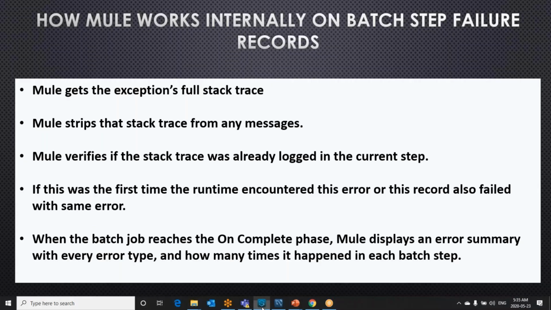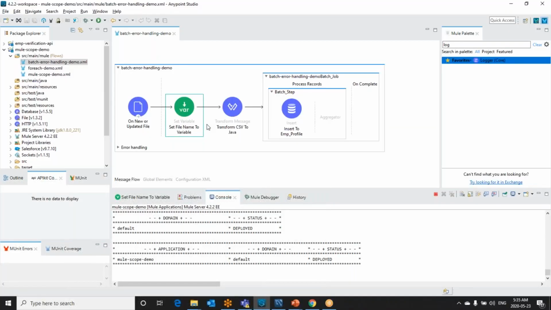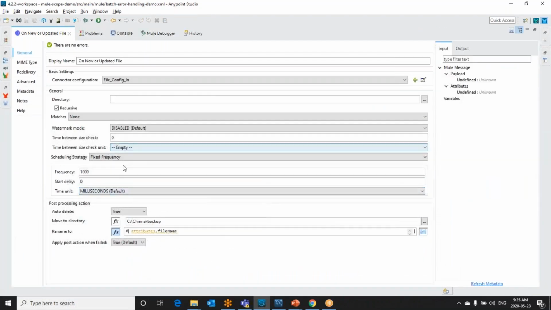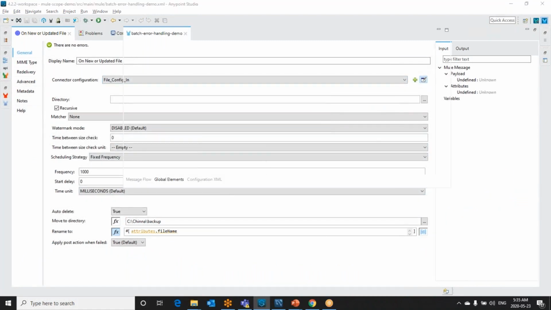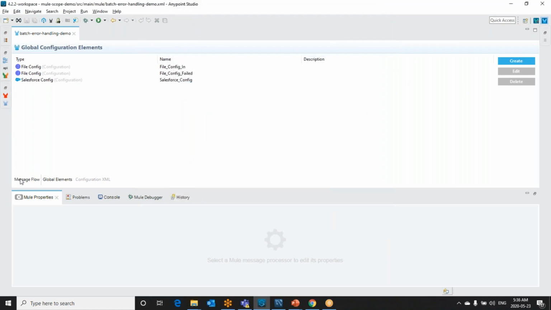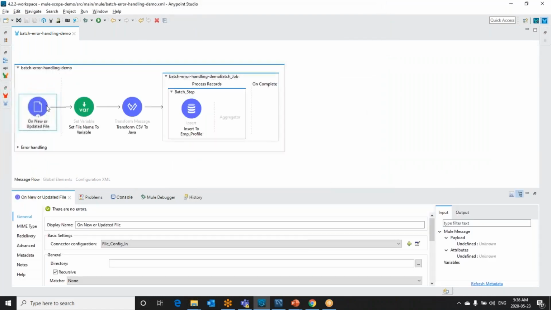I have developed a simple batch processing flow. It will read a file from a file location, c.chinna.in. I am going to keep a file inside this location so that this process will read the file whenever a new file is placed.